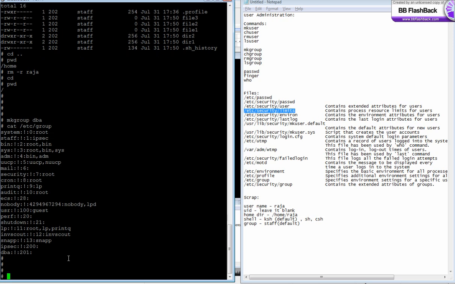As I said earlier, each user can belong to a maximum of 32 groups, and they cannot become a member of more than one primary group. They can have 31. They can have a maximum of 32 groups, including one primary group. Okay,